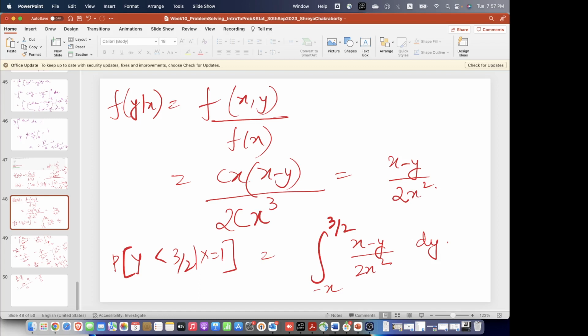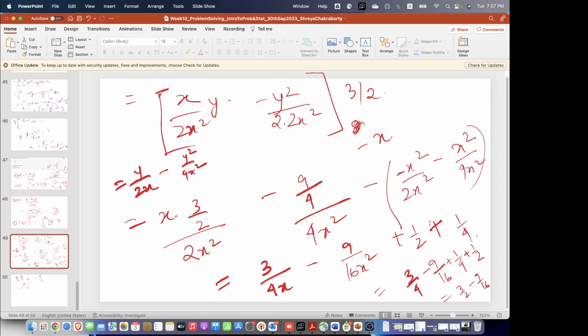While this is true, minus 9 by 4 by 4, so this is 16 x square plus half,